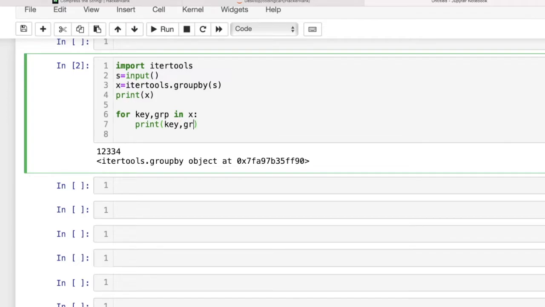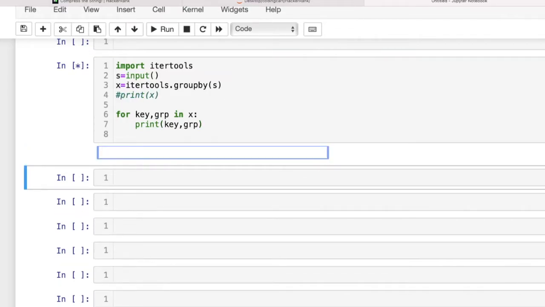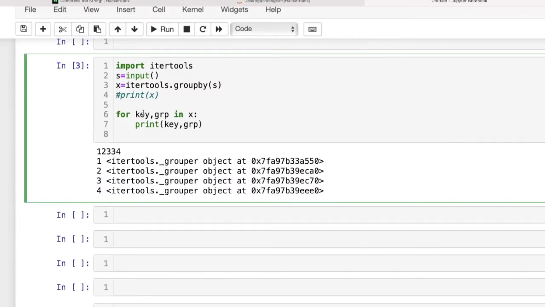Here k will give us the key which is 1 2 3 4, and this group will be of iterable type. Let us comment this first x and let us give the string as 1 2 3 3 4. Here we are printing two values, key and group. So you can see here we have keys 1 2 3 and 4. These are the unique values, and second, group is the iterable thing.